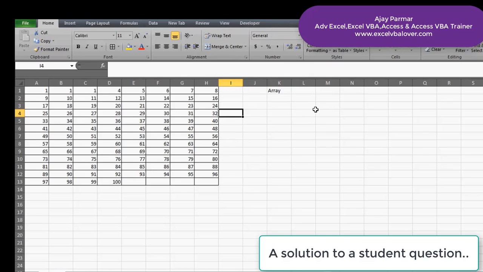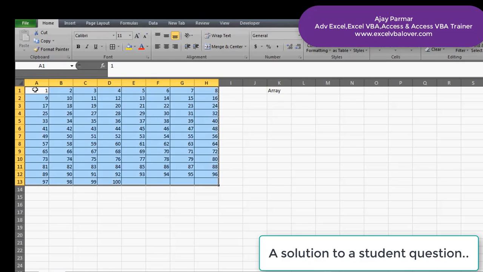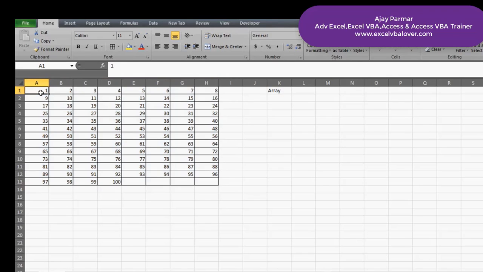We have a question here. I have this table where I have written these dummy numbers, and we want to find how many numbers in this table are unique, which are not repeated actually. So far I have 100 numbers in this table, and all the numbers are not repeated, right? So how will you actually calculate it?